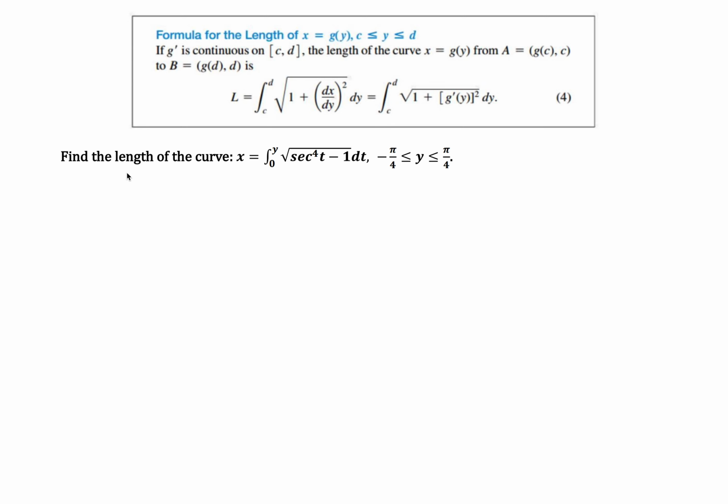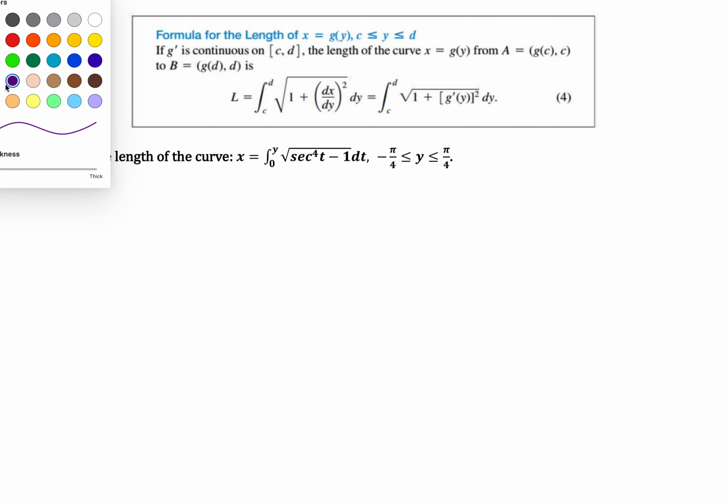So here it says find the length of the curve. x is equal to the integral from 0 to y of the square root of secant to the 4th power t minus 1 dt. Now, you might be looking at this and saying, what on earth do I do with this? Well, if you remember back to the fundamental theorem of calculus, when you have something defined like this,